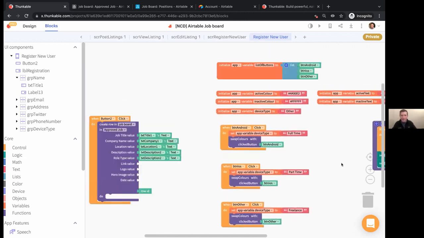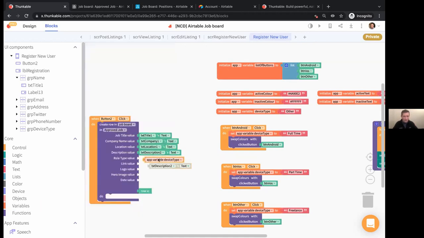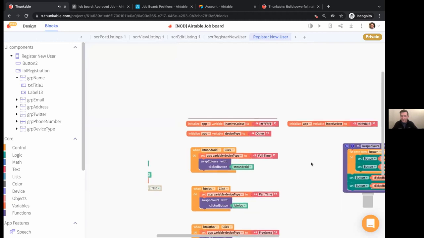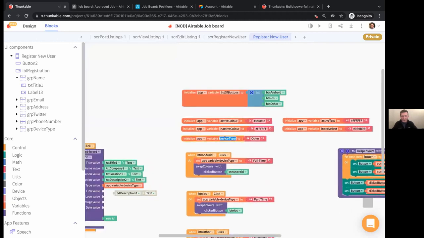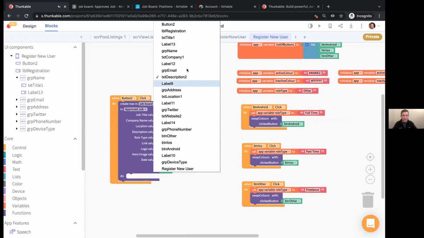So very, very easy then once you have a kind of a template to modify. So let's get our device type. Okay, let's maybe rename that as well. So no problem to rename our variables. Thunkable has no issue with that. So this is our role type, like that. Our link value, that's coming from our text input, like this. Our link